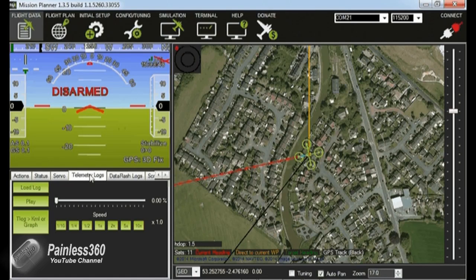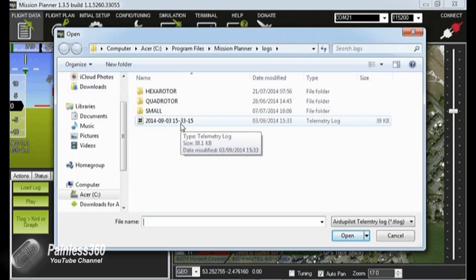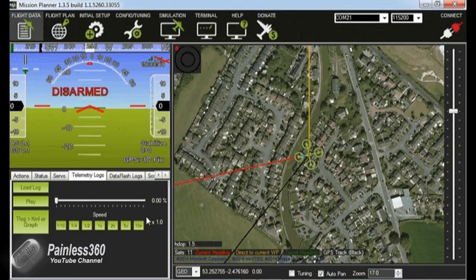All that data that's coming over that link wirelessly is saved here on the PC in a log file, and those log files can actually be loaded and then reviewed back. Now that log file actually is just one out of a test. It isn't big enough for us to use here, but once you've loaded it you can actually play it back